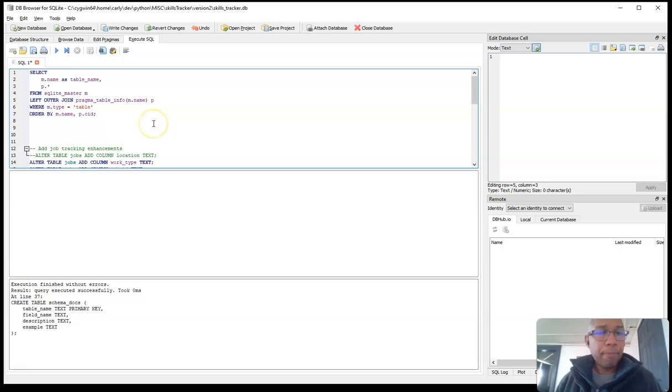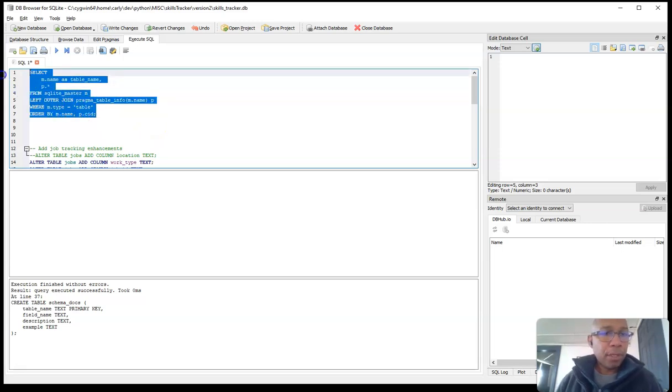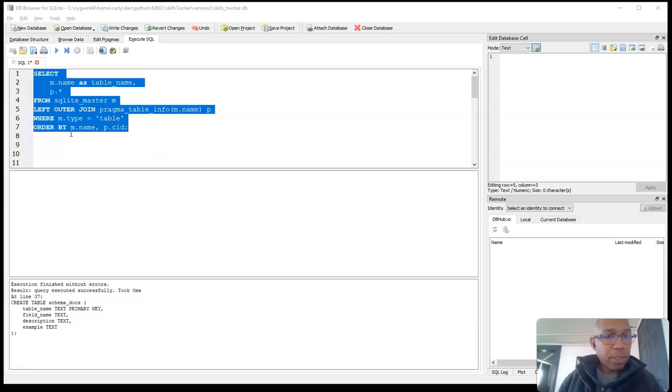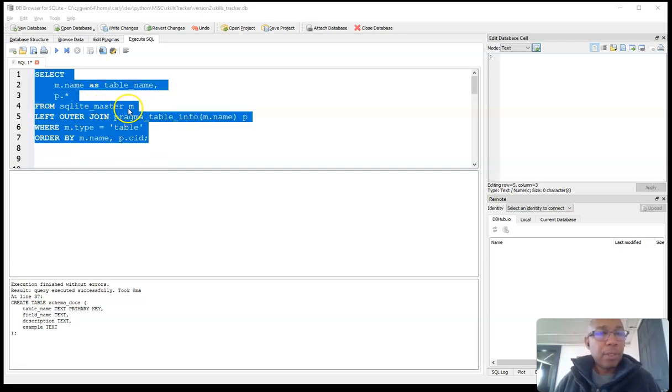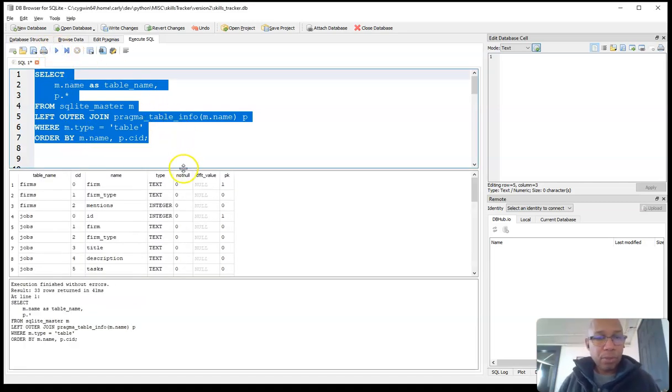So basically, first thing we did here is we ran this query: select m.name as table_name, p.*, from sqlite_master m, and then we did a left outer join pragma_table_info(m.name) p, where m.type = 'table', order by m.name, p.cid. So running this is going to give us this result,